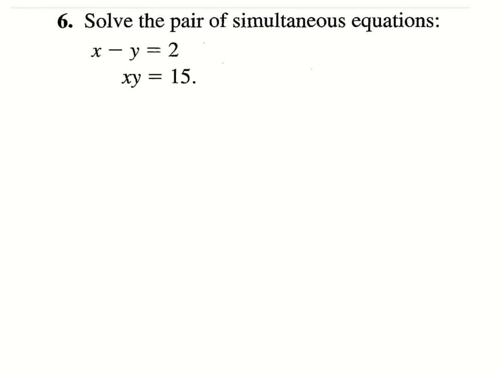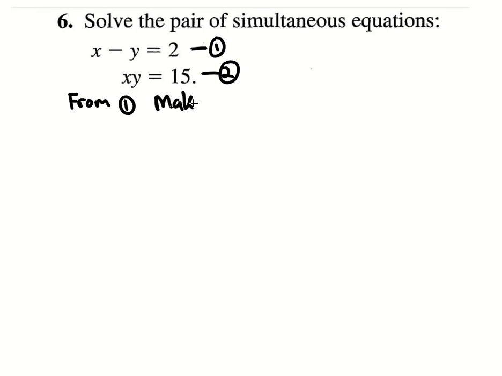Right, so first off, in your first step, anytime you have to solve simultaneous equations is to label. This would be equation 1, this is equation 2. Right, now because this is linear and non-linear equation, we cannot use the elimination method. Right, we can only use the substitution method. So we can say from which equation? Let's say from equation 1,